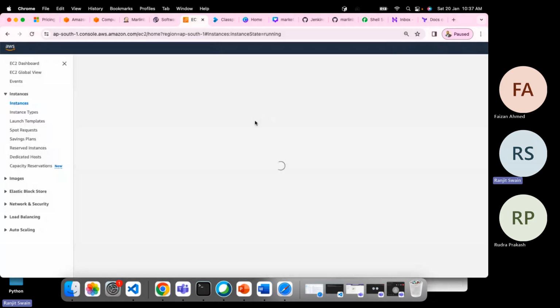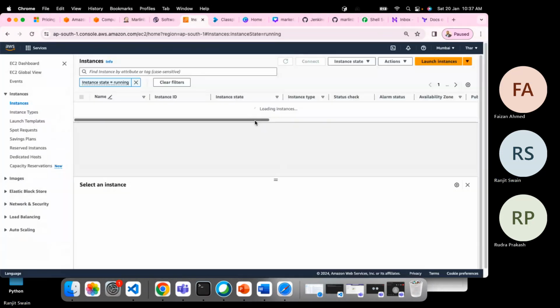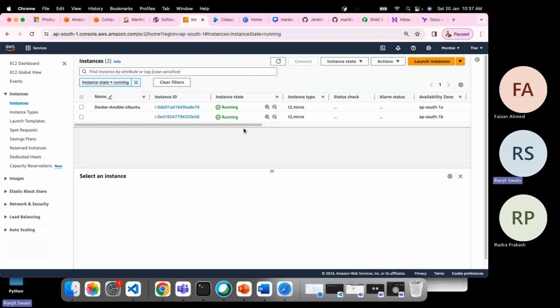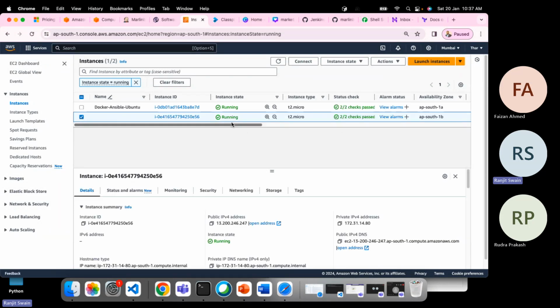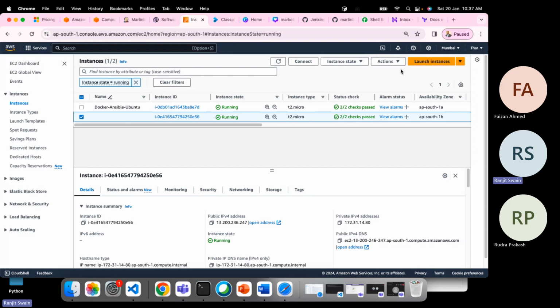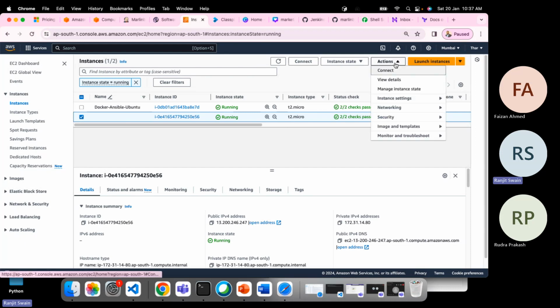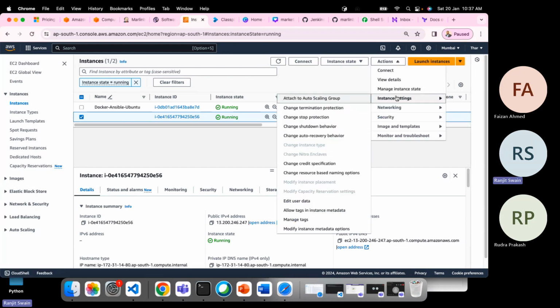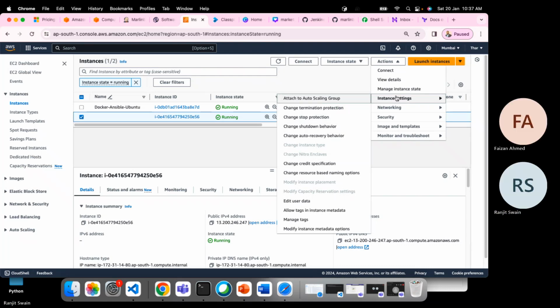Now, let's make some changes here manually. Select this server. It is running and T2 micro. So let me change this T2 micro to T2 nano or something else, right? What I can do here is go to Actions, Instance settings, and